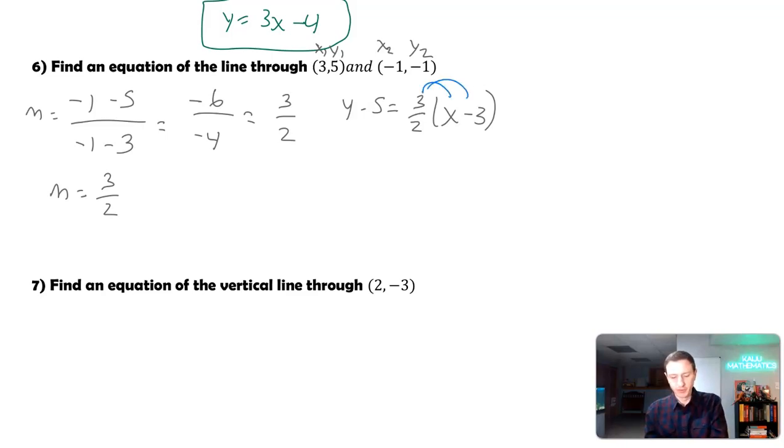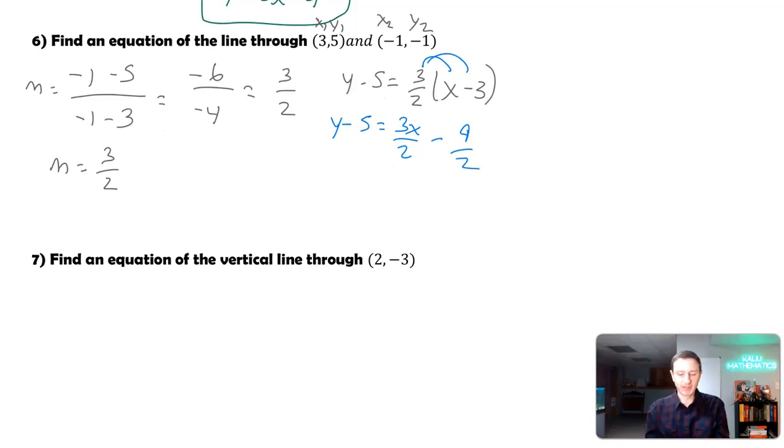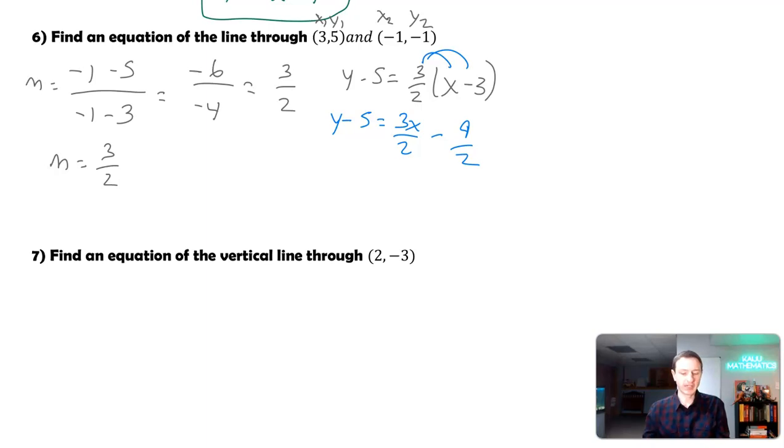All right, so let's distribute the 3 halves. So we get y minus 5 equals 3 halves times x is 3x over 2, or 3 halves x. 3 halves times negative 3 is negative 9 over 2. What's difficult about this problem is that fraction. Now we have this fraction of negative 9 over 2, because 3 times 3 was 9. It doesn't simplify with 2. So I have to add over this 5. So I get,